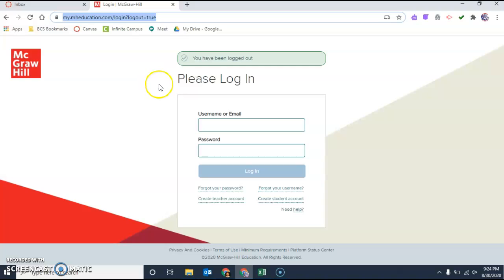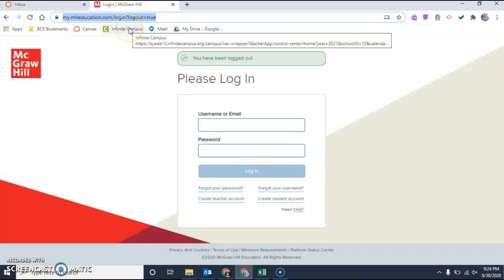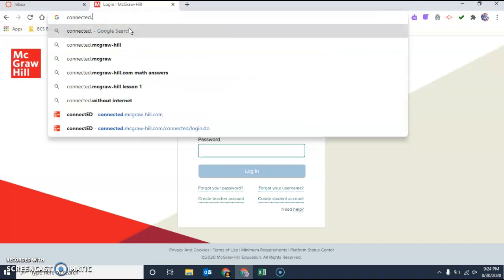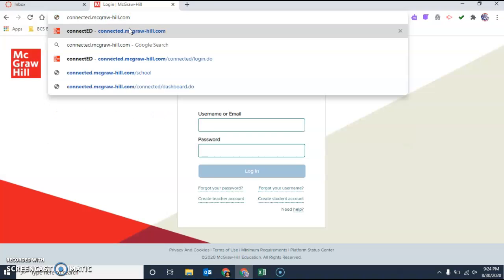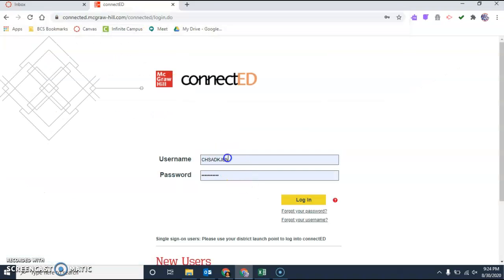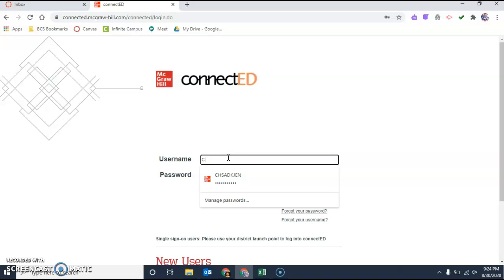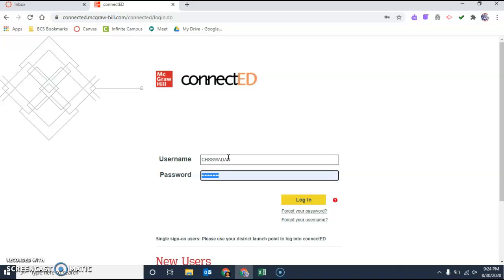my.mheducation.com/login. You can also connect through connected.mcgraw-hill.com. So if you go to connected.mcgraw-hill.com, that's the site that I sent all of you to when you first logged in. And so I'm going to log in under one of your student accounts here,